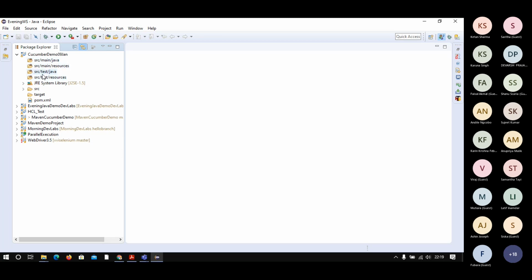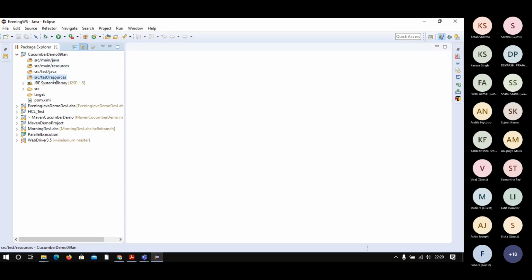Since you want to proceed with test case writing, you can keep those things here. Manual test case writing is kept under the resources folder. Automation test case writing we are keeping in the test Java folder, and other project-related or test data-related files you can keep in these folders. Normally Java classes we keep in the Java folder, and other files like properties files and log files you can keep in the resources folder. Based on need, you can proceed here.